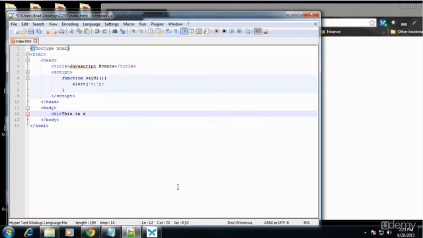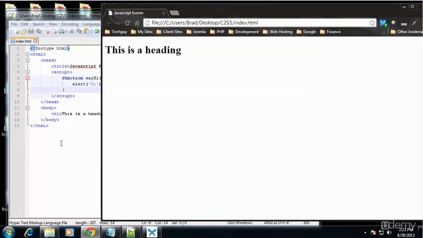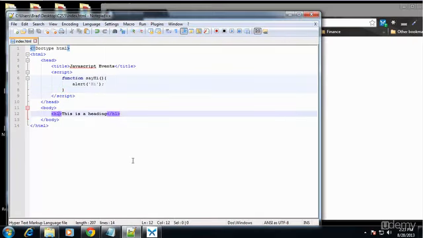This is a heading. Alright, so we have this H1. This is a heading. Now let's do a mouse over. So we'll say on mouse over. We'll have a function and we'll call that, let's see, return change me. Alright, so when we hover over this H1, a function is going to run called change me. So I'm going to copy that, and up here I'm going to throw in this change me,